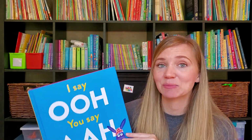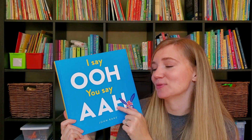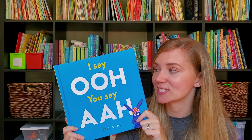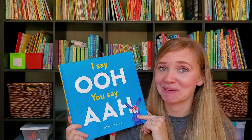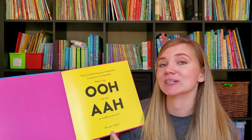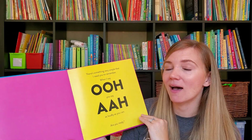And her read aloud book, the picture book that she picked out, was I Say Ooh, You Say Ah. This was the very first Usborne book that we purchased, and it has been a family favorite for sure. You read through this book and it gives you different instructions. So when I say ooh, you say ah. And so it's a very